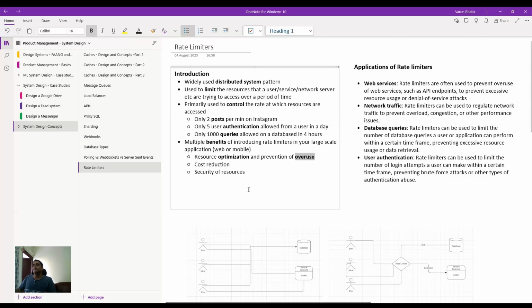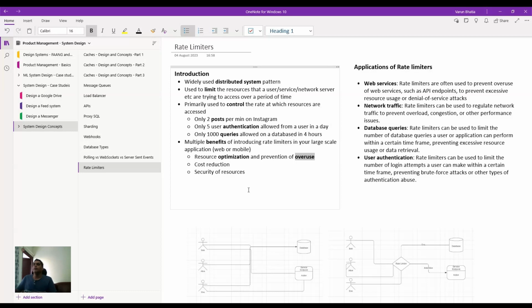Security of resources, because let's say you automate an authentication mechanism, and you keep trying to authenticate a particular user by trying out all the username and password combinations again and again, right? If you have a rate limiter, you'll know that this is coming from an automated source,